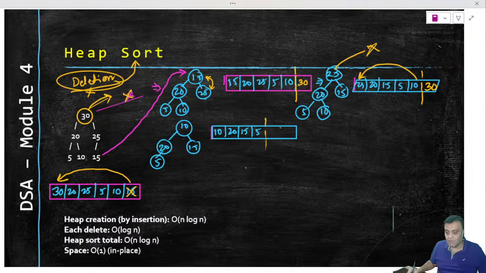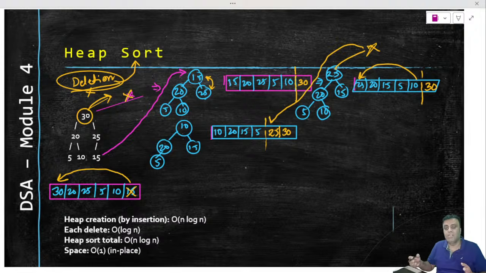So now we have 2 positions empty. Originally we had 30 here. One more position became empty. This killed element 25 we will position here. Whatever element we are killing, we will put it inside the wasted portion of the array. The array has reduced because the tree is right now a reduced tree, right? So the array is also reducing. Right? So 25 is here, but this is not a heap.